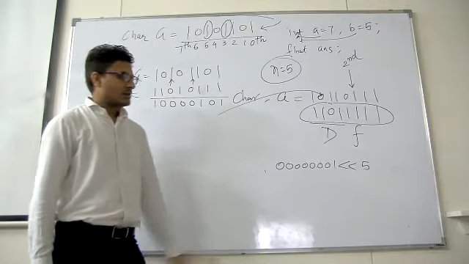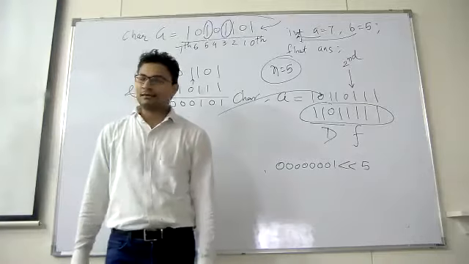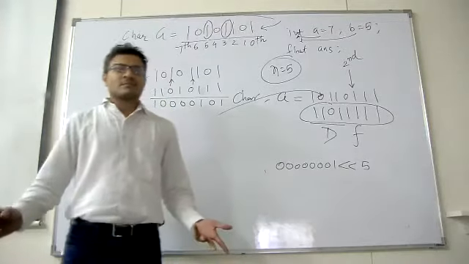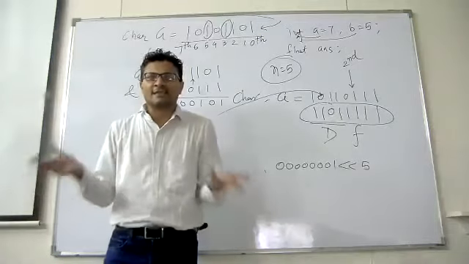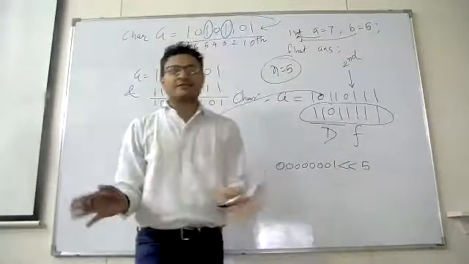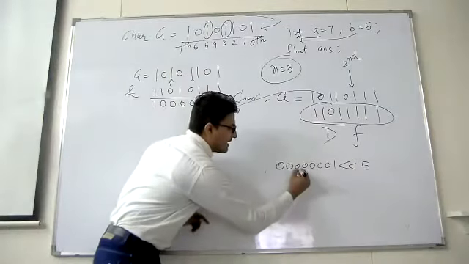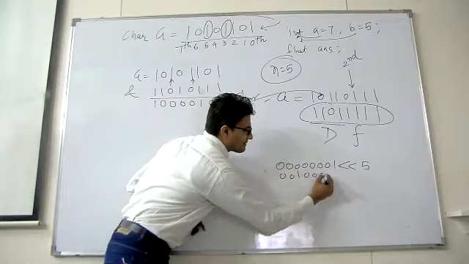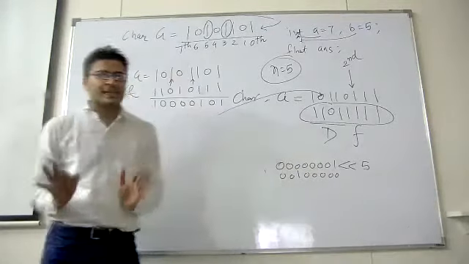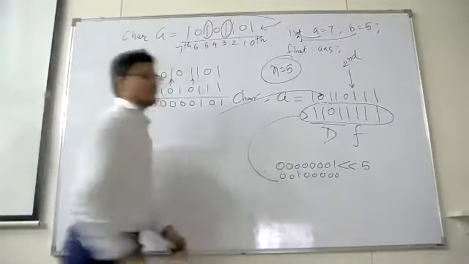One shift left by 5. Where will the 1 go? 0 0 1 0 0 0 0 0, it means it goes to the fifth position. The simple answer is 1 would be shifted to the fifth position. Am I right? Yes, sir. It would shift the 1 to the fifth position. Okay, now how will you get this value?